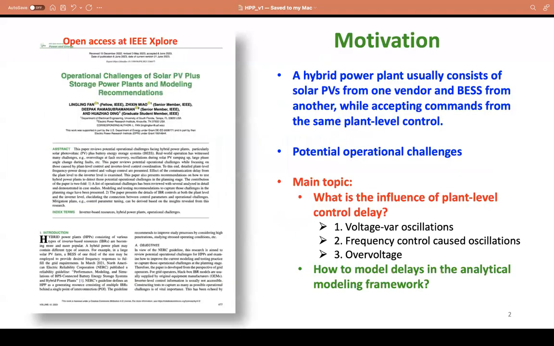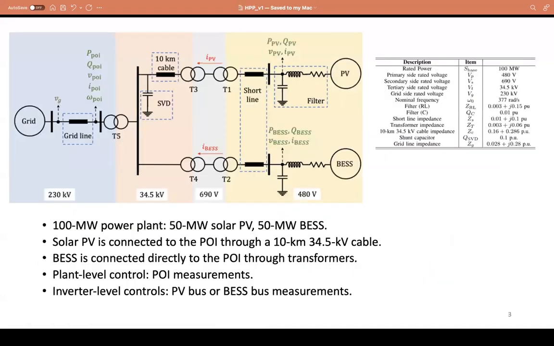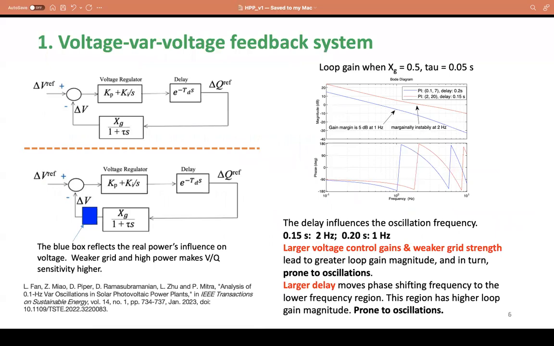The first issue that we're going to talk about is called voltage var oscillations. Voltage var oscillation can be explained using a very simple feedback system. For example, we have the POI, the measurement of the voltage, and the feedback control, a PI controller, generates the reactive power command. Here we just think about the aggregated influence, not too much on the inverter level. So after the delay, the reactive power command is sent to the inverter, and the inverter generates the reactive power